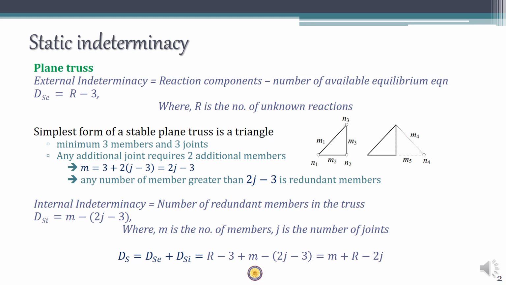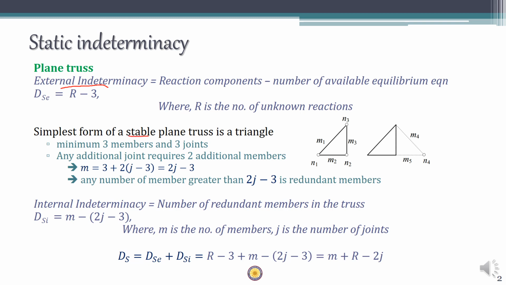The external indeterminacy is the same as in the case of the plane frame, where external indeterminacy is equal to the number of reactions exceeding the number of available equations, which can be represented as dse is equal to r minus 3, where r is the number of unknown reactions. Now, in order to find the internal indeterminacy, we have to know something known as a stable or perfect